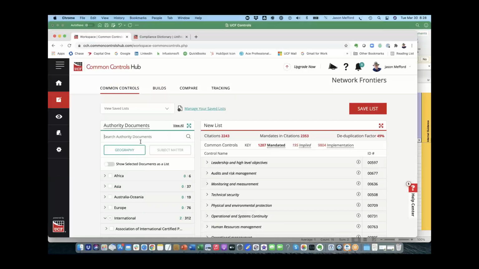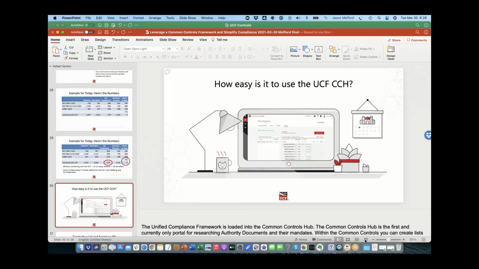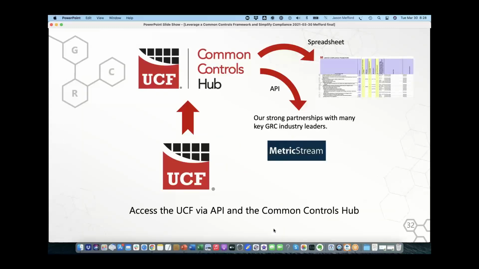And you saw how quick that was. It was about a minute or two to be able to create the list, create the build, export it out into an Excel file like this, that now you have that consolidated, deduplicated list. Okay, so that's really how simple it can actually be. So again, I showed you the exact spreadsheet. I just wanted to put a screenshot in here just in case technology didn't work this morning. But again, you can see that literally within a few minutes, you can actually bypass and save yourself hundreds, if not thousands of hours worth of work.